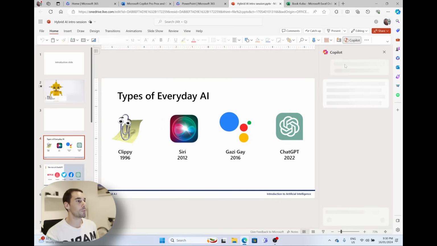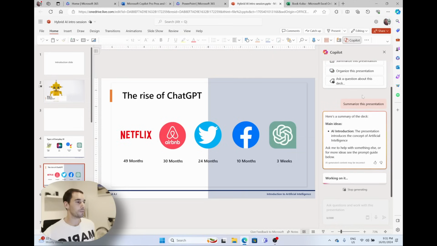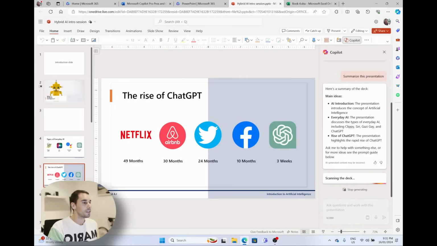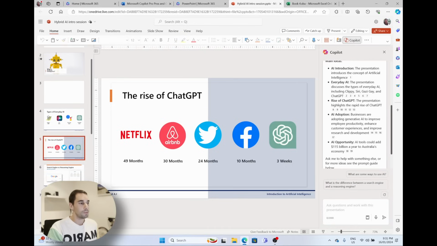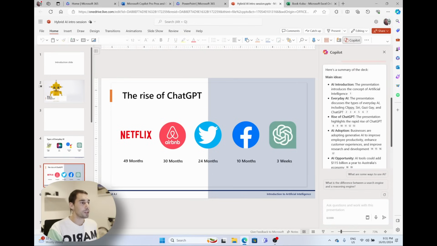So it is opening up. So here are some of the things you can try. Summarize the presentation, organize it, ask a question about this deck. So I'm going to ask it to provide a summary of this presentation. Here are the main ideas. Yeah, it's actually just summarized my main ideas of the presentation, basically introducing what AI is and everyday AI,